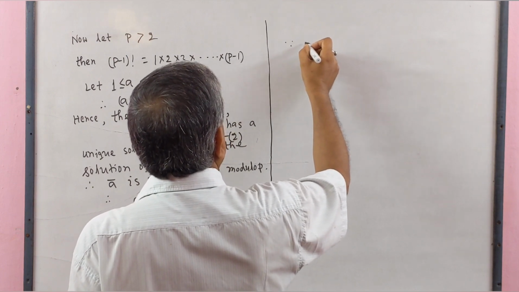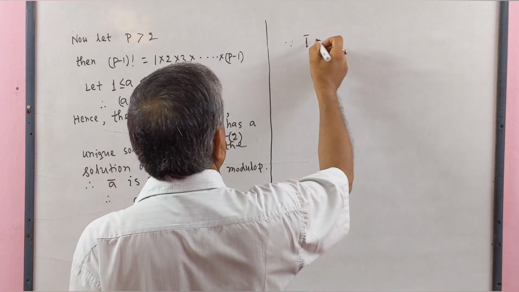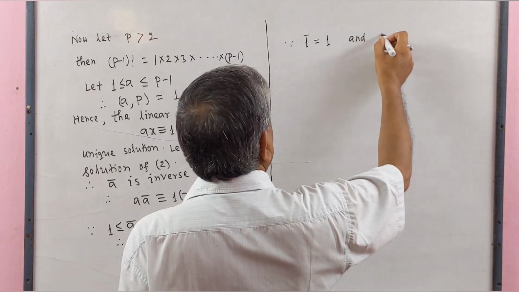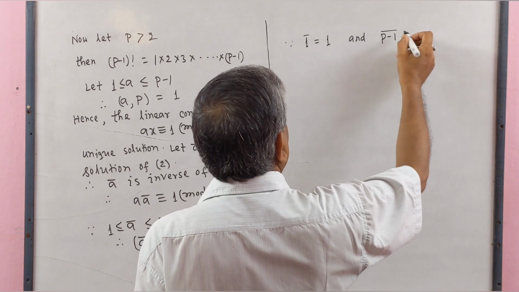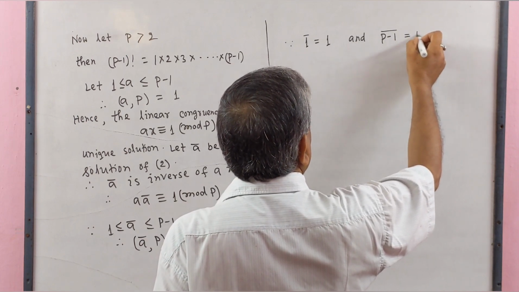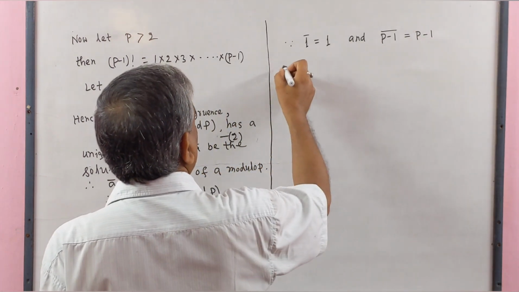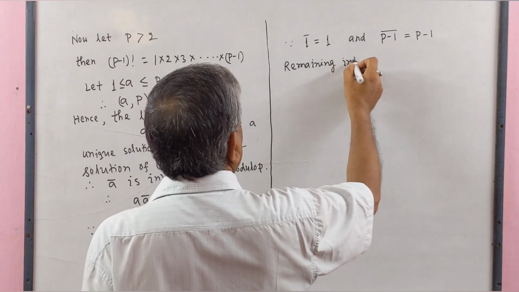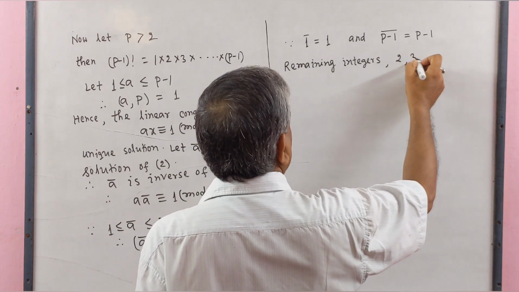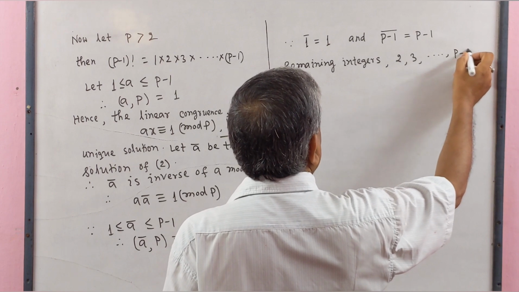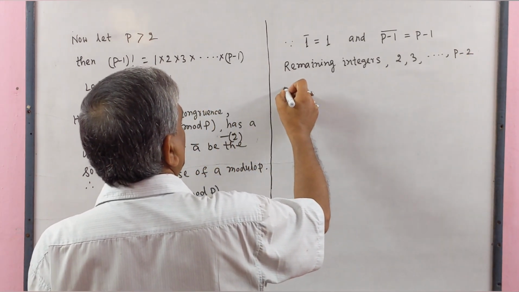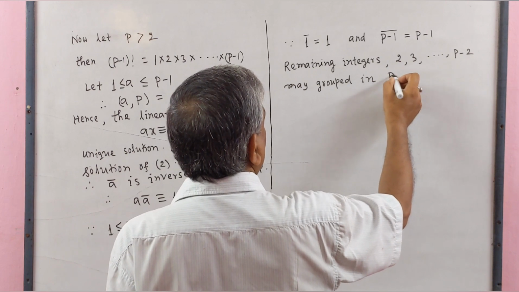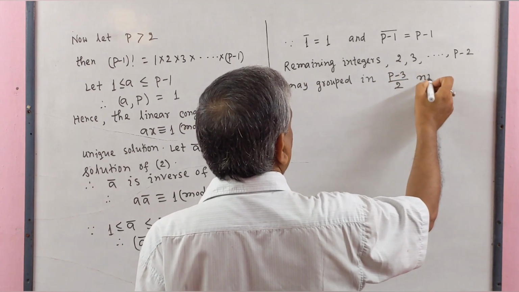Since the inverse of 1 modulo p equals 1 and the inverse of p minus 1 modulo p equals p minus 1, the remaining integers 2, 3, up to p minus 2 may be grouped in p minus 3 by 2 number of pairs